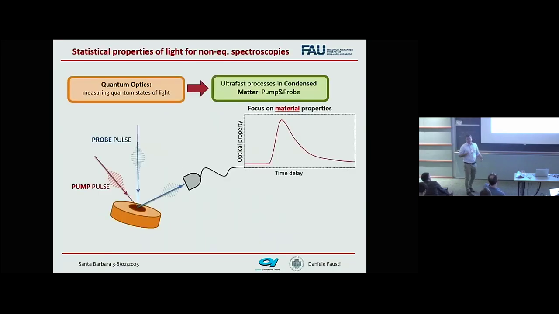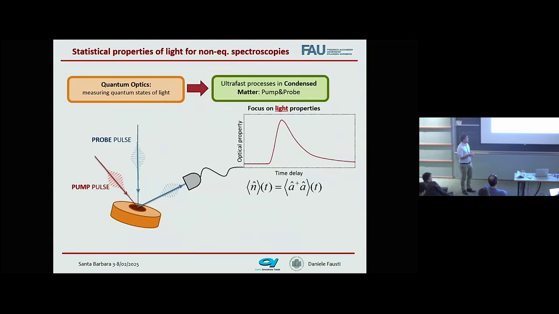Whenever you do a time domain experiment, you use light on one hand as a perturbation to inject some dynamics, and a second light pulse to measure this dynamical response. And usually, if you measure a mean value response, like how the reflectivity or the transmittivity of an object evolves, from the light point of view I actually measure expectation values of operators: a mean photon number in, mean photon number out, and that's all the information that I acquire.